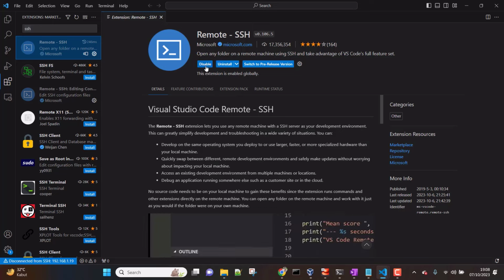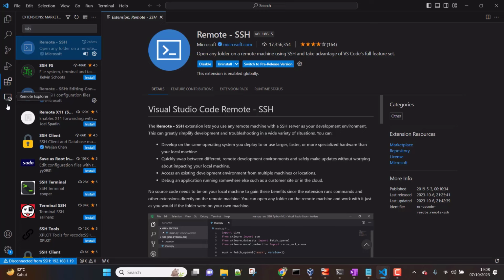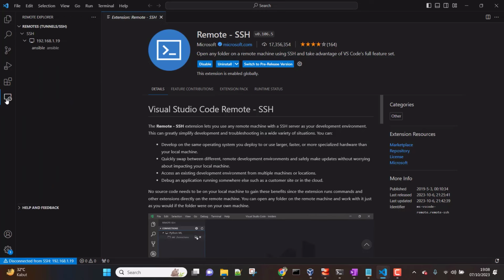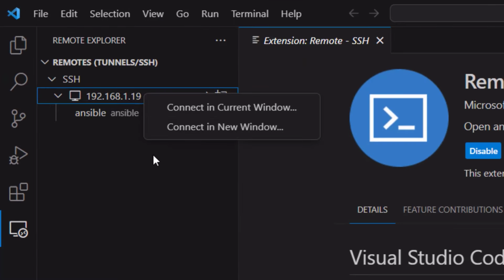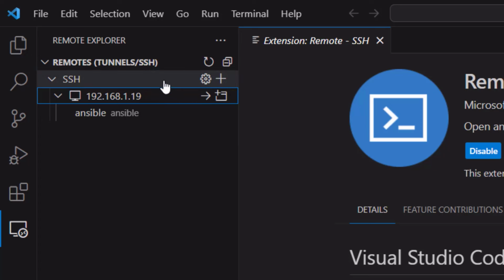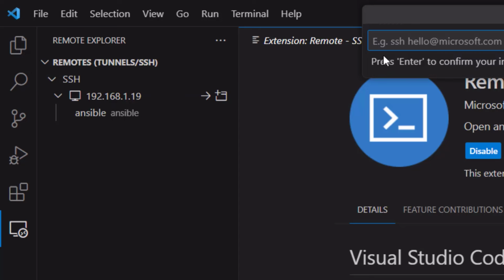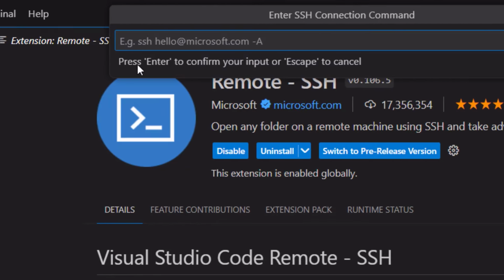Once you install it and enable it, then you are going to see this Remote Explorer icon here, which you can see right now. So what we are going to do is, using Remote Explorer, we are going to remotely connect to our Ansible control node server. Here you can see, probably I can in fact delete it, but it's quite easy. Once you click here, you are going to see SSH, just click here on new remote connection, and then you just need to provide the username and IP address of the server